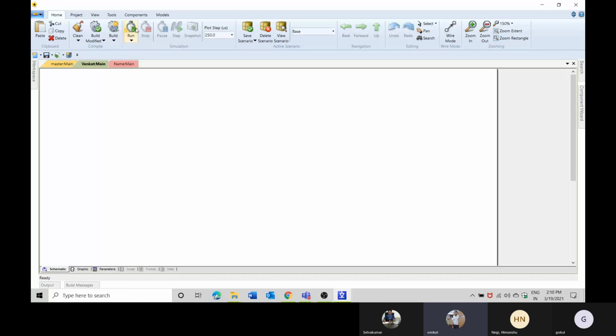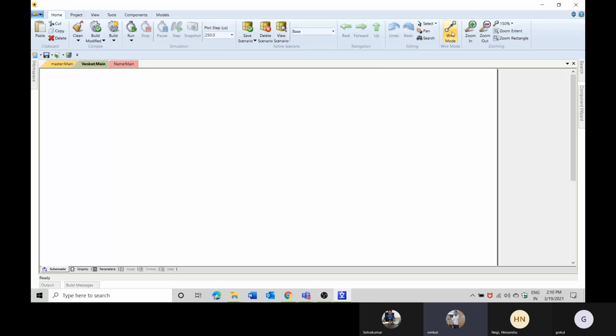And the stop button is for when you are running and you find that you haven't modified the data you want. Then you can stop the simulation and rerun it using the stop and run buttons. Like that they have given the pause button and other options. These are all available in the menu bar.